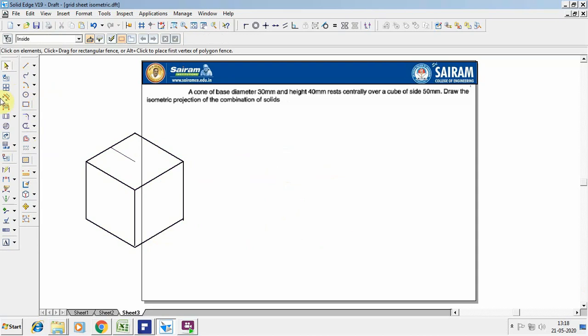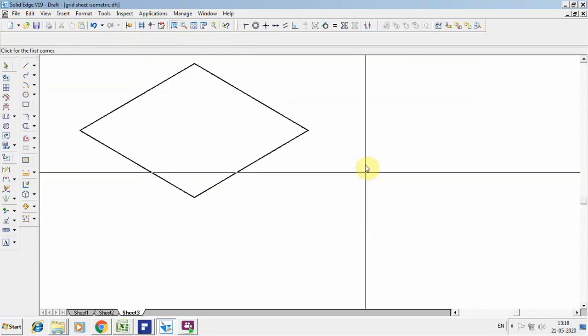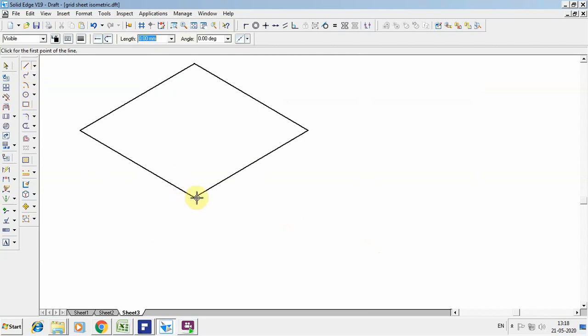So keep the solid aside. Next I'll go for another one. So I'll go for the cone. The base diameter given is 30. So I want to construct a 30 mm square now. So 30 at an angle of 30, 30 at an angle of 150, 30 at an angle of minus 150, 30 at an angle of minus 30. So convert that into a circle now by joining the opposite sides. So once you're done, as you've done in the sketchbook, I go for arc by center point.